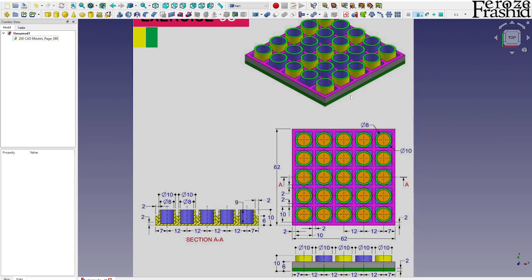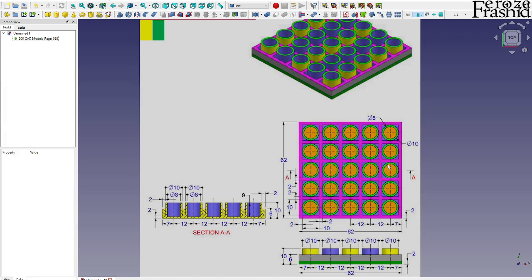So we will have to build this one unit, and then repeat it over like 25 times in an array fashion. So let's go ahead and relocate this object